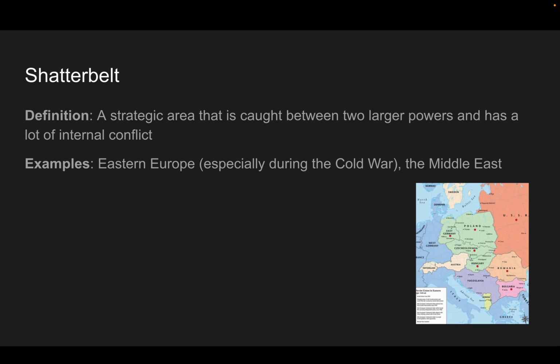particular area. Right now, the whole continent of Africa would not really count as a shatterbelt, but a similar kind of competition is happening between Western Europe, the US, and especially China for influence, spheres of influence within Africa. But Africa would be quite large to consider a shatterbelt, but it's a similar concept. Middle East, Eastern Europe, best examples there.